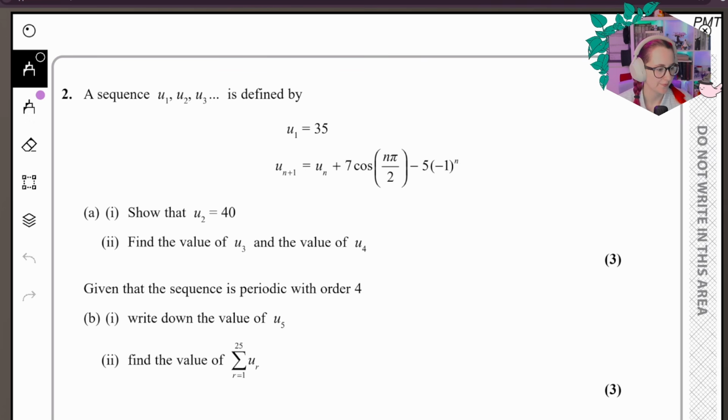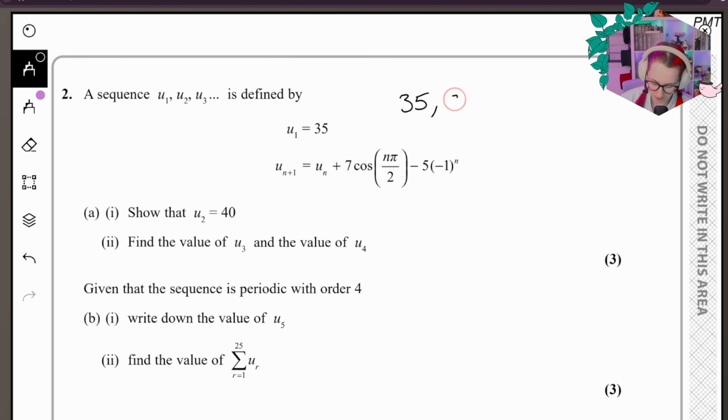Okay, question 2. The sequence U1, U2, U3 is defined by these expressions. So we start off with U1 is 35, and then the next value is, U(n+1) is U(n) plus this expression. Here, U1 would be 35, and then